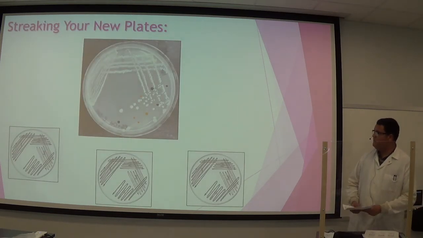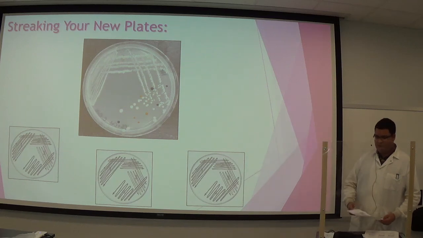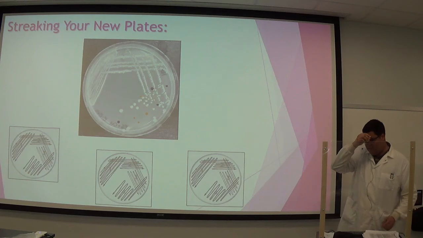Yeah, so your plates should look something like this in which you have individual colonies. Just touch whichever one you want. Make sure you label it. That's something that I forgot to mention